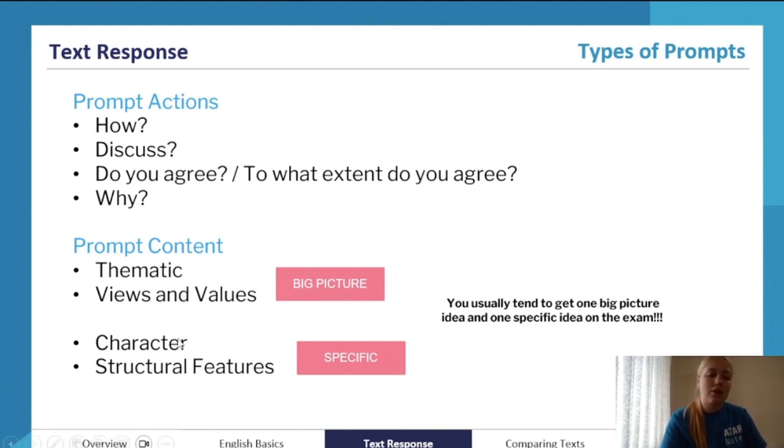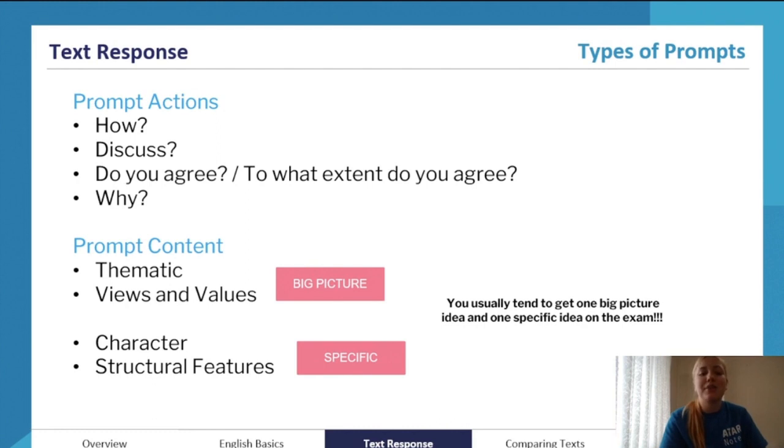So we've just discussed character and structural features prompts and how to write in response to them, and they really are, I would say, especially structural features, more challenging. I used to always choose big picture prompts, so either around themes or views and values messages, a prompt that presents a views and values message basically that you want to argue with and challenge in certain ways, because these were just so fun to write on, and they automatically just sparked more analytical ideas in my head and led me to including even more views and values discussion.